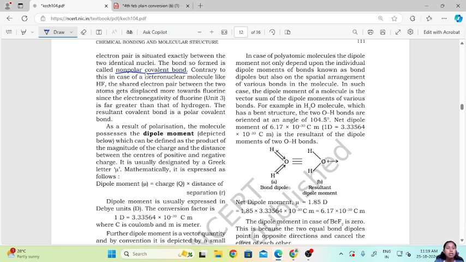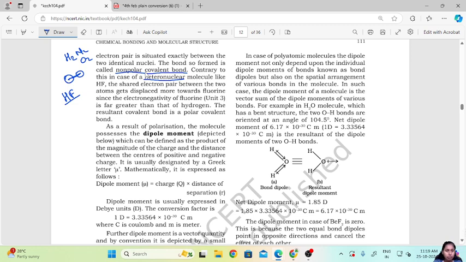Since the electron pair is situated between the two identical atoms, there are no ions involved, it is just an attraction. This type of bond is called a non-polar covalent bond. Basic examples are homonuclear molecules, H2, N2, O2, where both atoms are similar. Contrary to this, in a heteronuclear molecule, meaning two different atoms, for example HF,